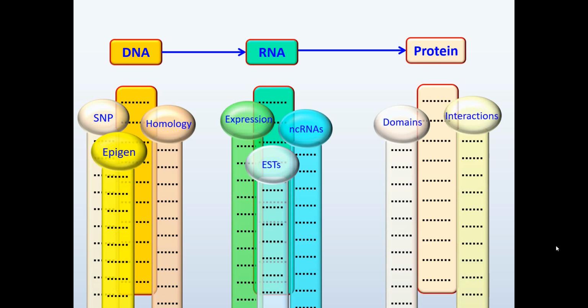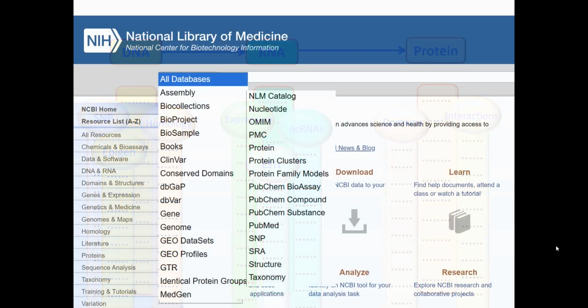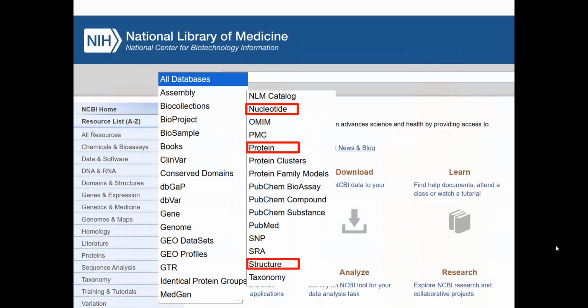So today we want to discuss NCBI Gene database, which has a central position among databases. But before doing that, let's take a look at the list of the databases to see if we can identify some of the databases that I mentioned in the previous slide. Here we have nucleotides, protein, and structure. These are sort of primary databases that index information about nucleic acid sequences and protein sequences and also 3D